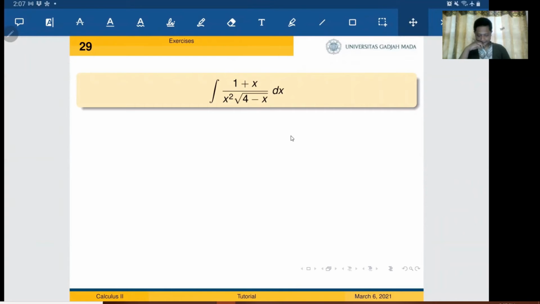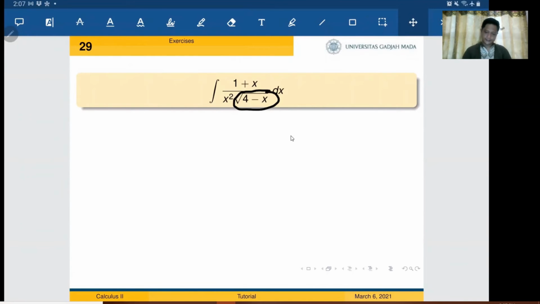Okay, we have this. What we should do, remember if we have this kind of form, we have to try to rationalize because we cannot deal with square root. It's very difficult to deal with square root. It's much easier to deal with polynomial, much easier, especially for integration. So try to avoid the square root.